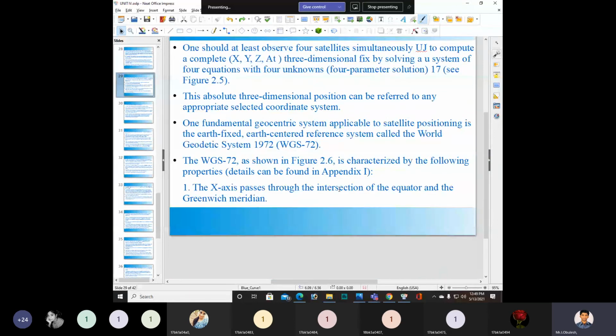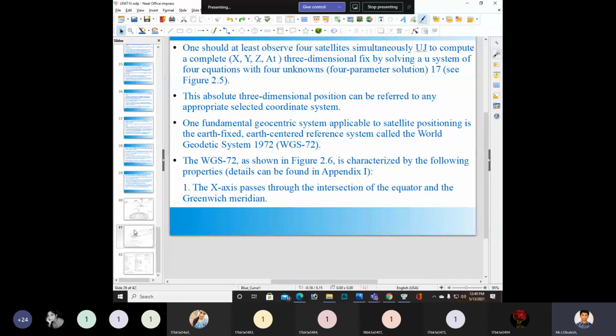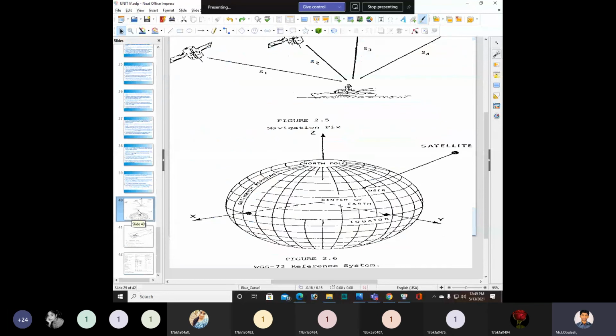See, this is the Greenwich meridian and the intersection of the equator. Here we have the equator, right?